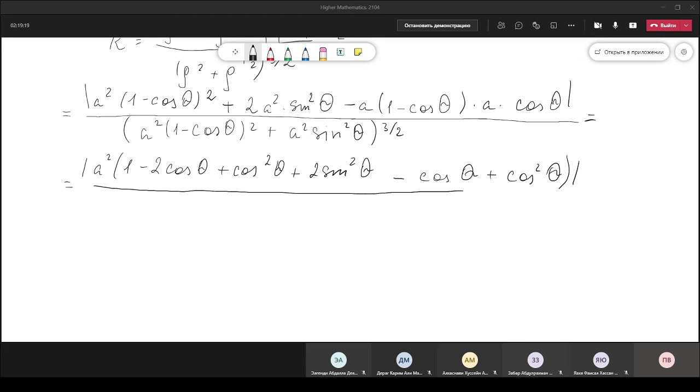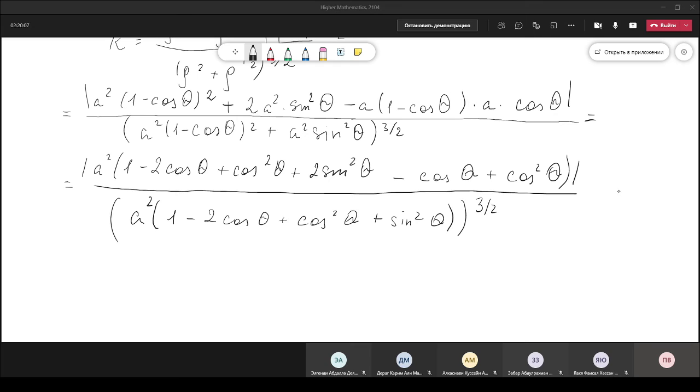Here a squared, here open bracket, we took a squared out bracket because here we have just sine squared. Good. All of this have degree 3/2